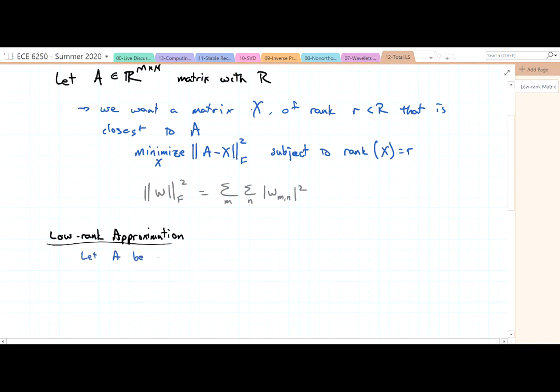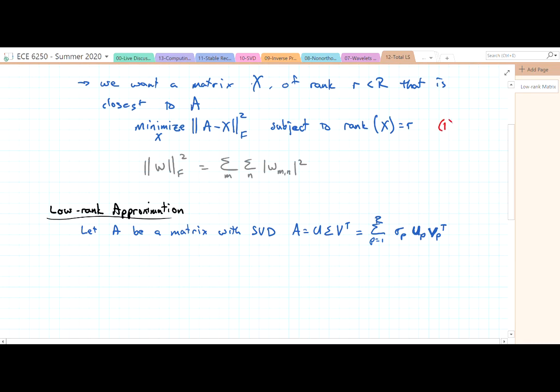Let A be a matrix with SVD A equals U sigma V transpose, and we know we can write this in terms of what we sometimes call the spectral decomposition, although that term applies to both expressions, where it's a sum of rank 1 matrices, the outer products of U and V, scaled by the singular values. Well, if we call that equation 1,